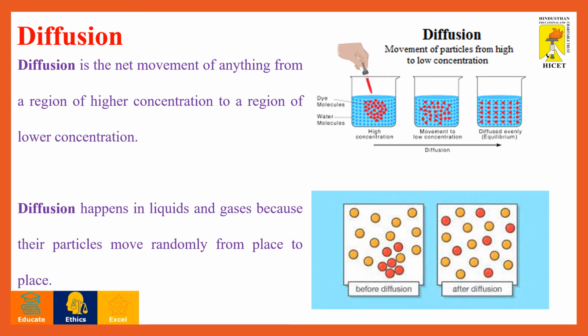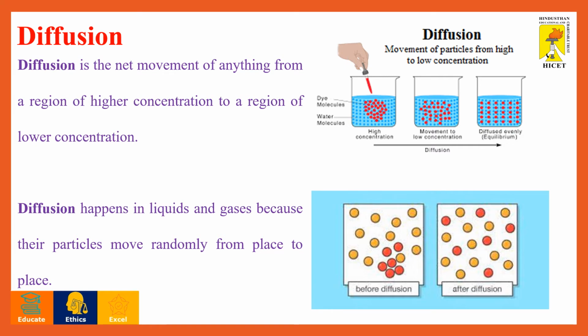Now we will discuss about diffusion in a deep manner. As we discussed the example already, the dispersion of the dye molecules. Here the dye molecules are introduced into the water molecules, that is clear water molecules, that is called as solvent. Initially, the concentration of the dye molecules is very high and it is evenly distributed throughout the solvent, and finally when it reaches the equilibrium, the diffusivity happens evenly. So we may say that it is the movement of particles from high to low concentration side.